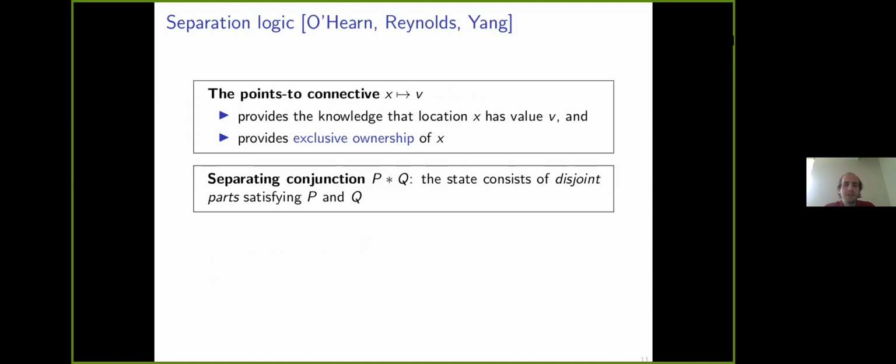So separation logic adds two core key ideas on top of basic Hoare logic. The first is this new assertion, the points-to connective, which we write as X ↦ V. The way to read this is that X is some memory location or memory address, and V is a value. And what this is saying is that the memory location X stores the value V,